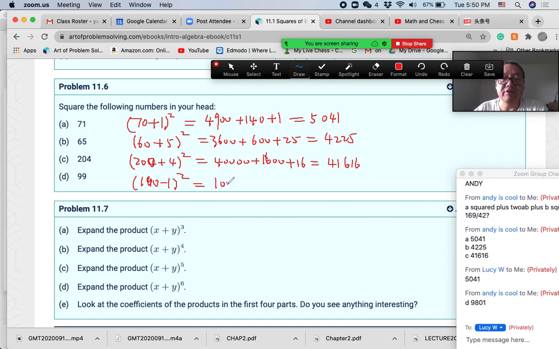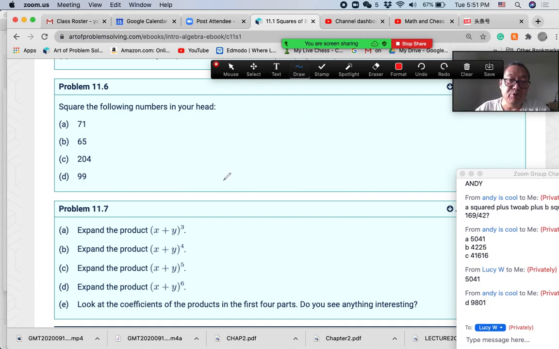This one gives you 10,000 minus 200, then plus 1. So this one equals 9,801. Okay, and you got all of them right. Very good. Now let's move to problem